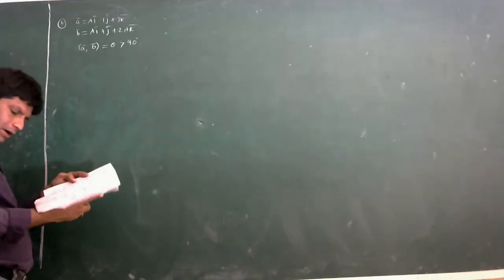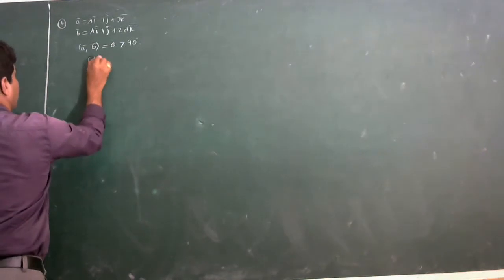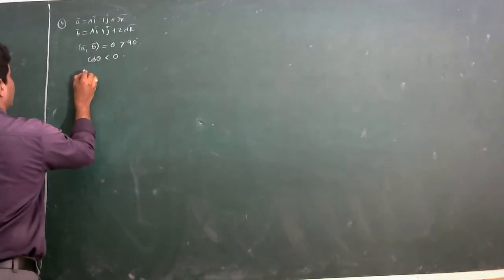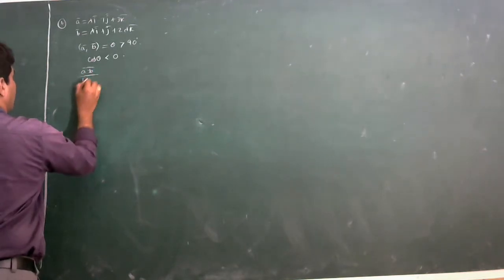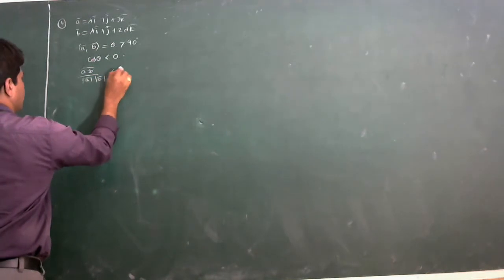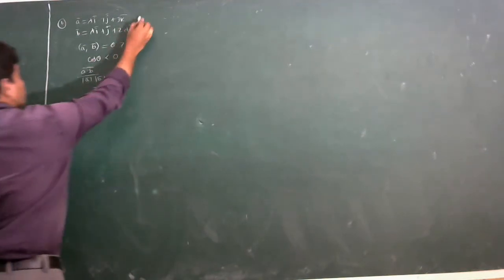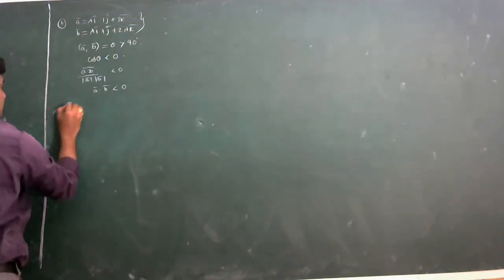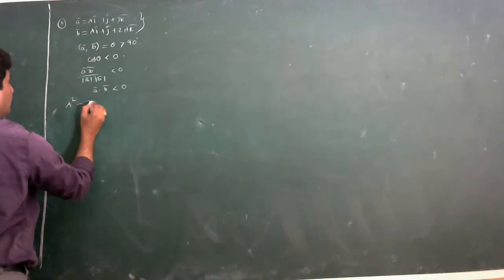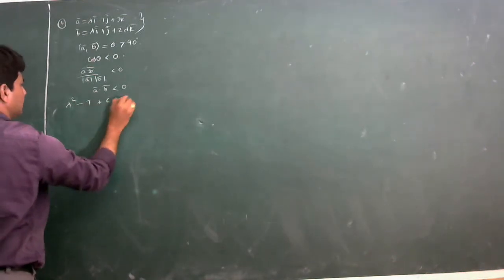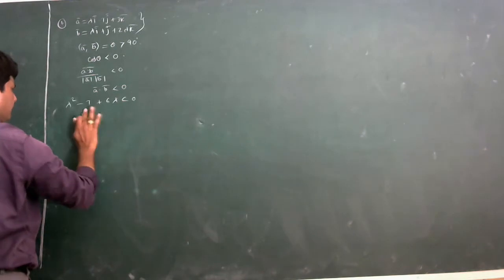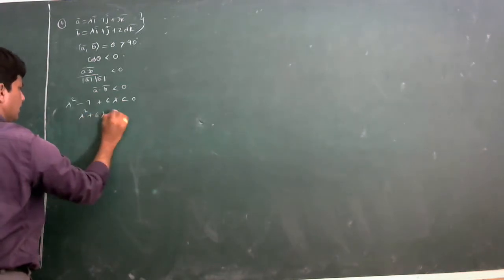Okay, what is the formula for cos theta? A bar dot B bar by mod of A bar into mod B bar. What is the value of cos theta in the second quadrant? It is negative, because in the second quadrant cos theta is negative. Obviously A bar dot B bar by mod A bar into mod B bar is less than 0. That means clearly A bar dot B bar is less than 0. Now take the dot product of these two. Lambda into lambda, this is obviously lambda square minus 7 into 1, minus 7 plus 6 lambda is less than 0. That means lambda square plus 6 lambda minus 7 less than 0.